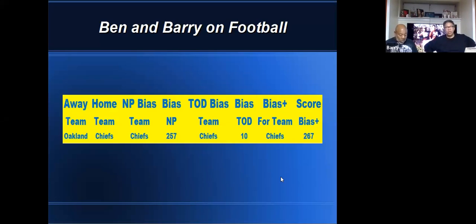All right. The Oakland Raiders against the Chiefs. Again, a 257 net point bias. Raiders are feeling themselves. The Chiefs have a turnover differential of 10, giving them a 267 bias plus score. Is it possible? Is it possible? If the Raiders can rev up whatever little mojo they got from last week, this could be a very dangerous